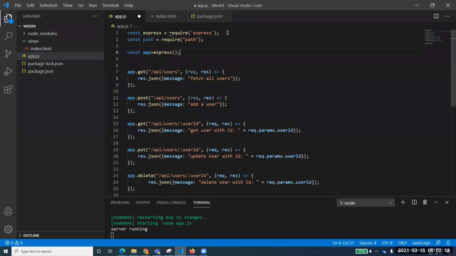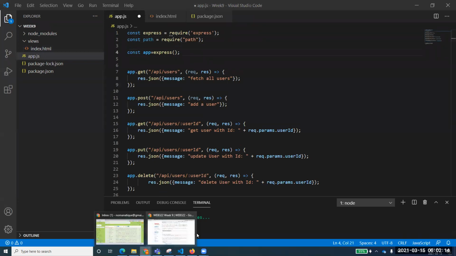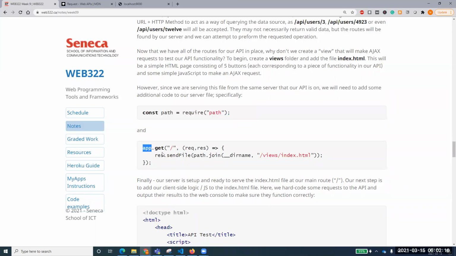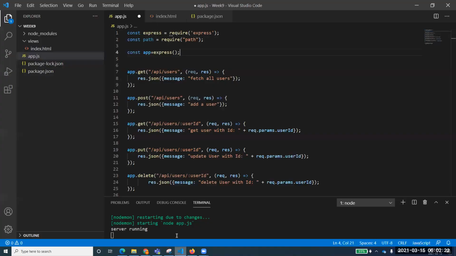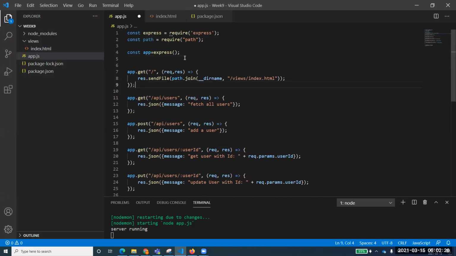We'll be requiring the path, and not only requiring the path, but also defining this route so that every request which comes over here should go to the index.html. I hope you understand that. We have defined that: every request that will come will go to the index.html.